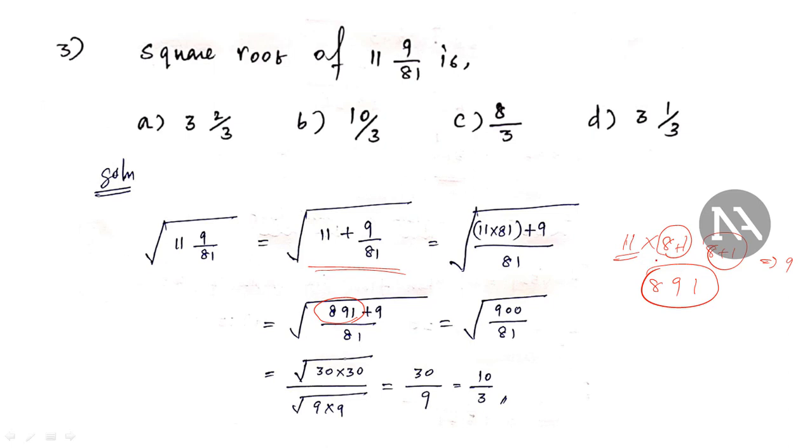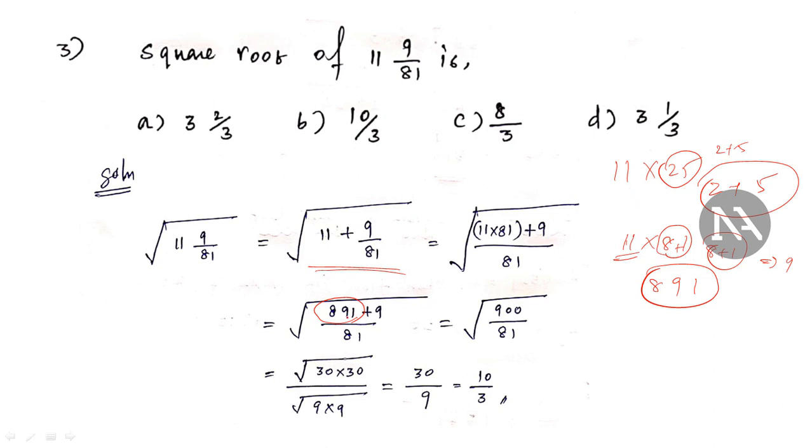If you are multiplying a 2-digit number with 11, for example 11 into 25, here I have to separate the 25 like this, 2 and 5. Then you sum these two digits. 2 plus 5 will be 7. So 275 is going to be the answer if you are multiplying 25 with 11.